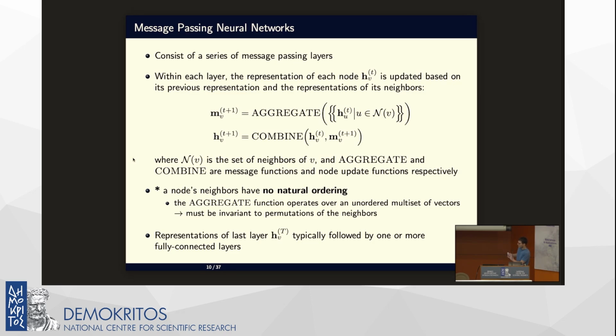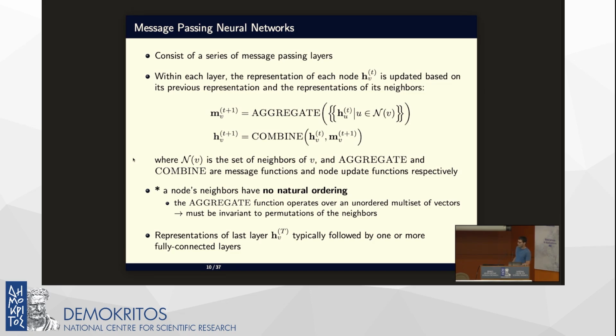So we have this multiset of the representations of the neighbors, and somehow from that multiset we end up with a vector m_v. And then we combine this vector m_v with the current representation of node v, and we end up with a new representation of node v, and then we can feed this to the next message passing layer, or if this is the last message passing layer, we can have some further layers like MLP layers or linear layers